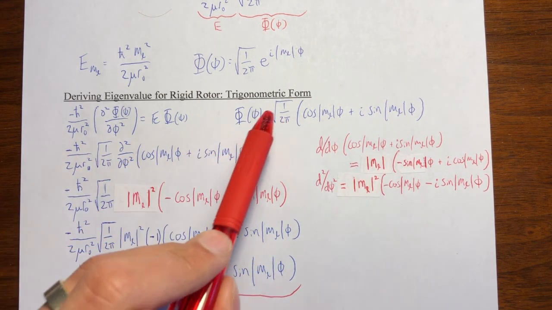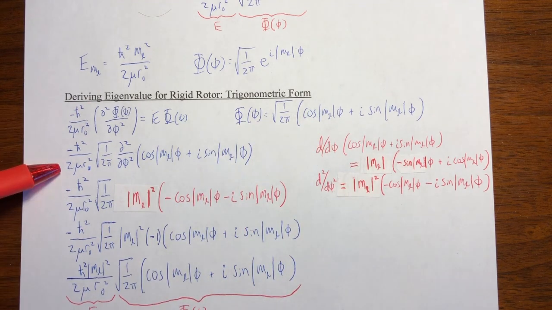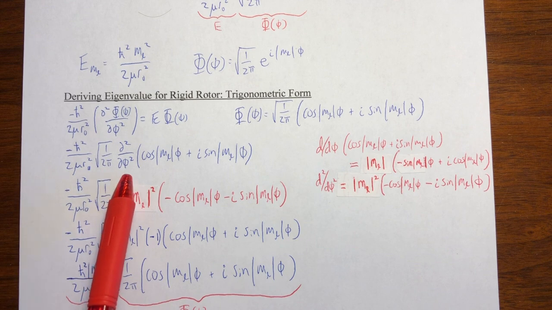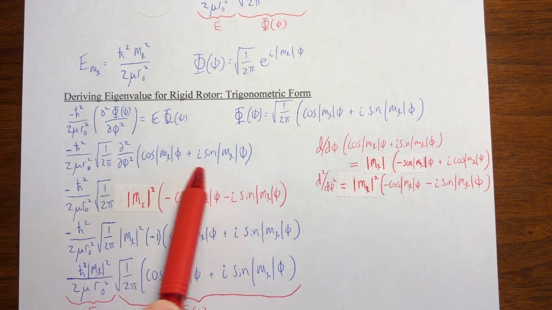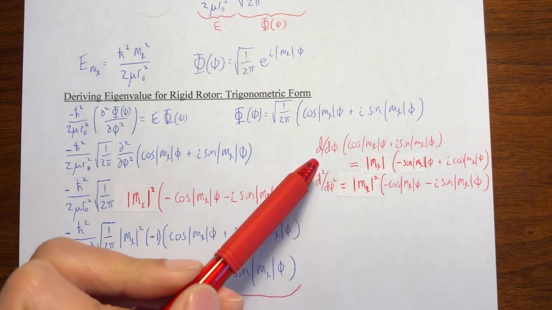And so when we substitute that expression for our wave function, what we're left with is negative h bar squared divided by 2 mu r naught squared times the square root of 1 over 2 pi times the second derivative of our wave function. And so the second derivative of the wave function is calculated over here out to the right,